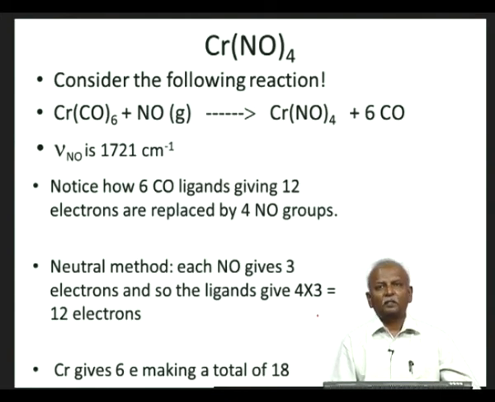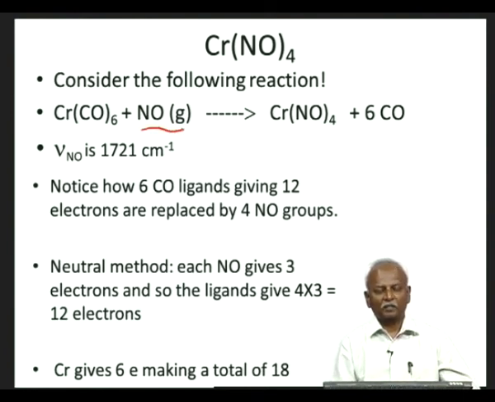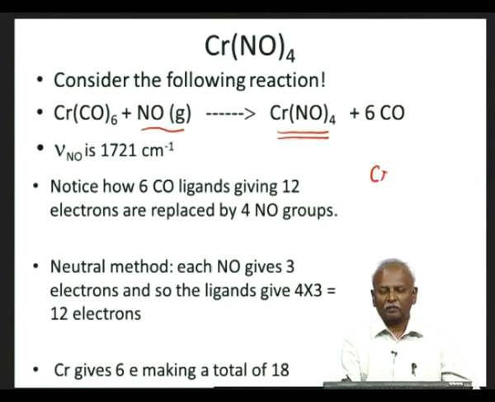Let us take a look at some other homoleptic molecules. Homoleptic molecules, let me remind you, have only one type of ligand around the metal. So, here we have the tetranitrosyl complex of chromium. Consider the following reaction, which we can simply do by adding nitric oxide to chromium hexacarbonyl. We end up with this tetranitrosyl complex of chromium, which is also diamagnetic, and it has a structure which is very similar